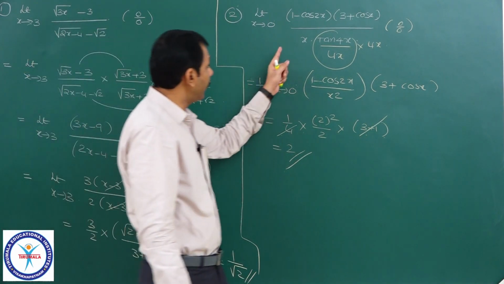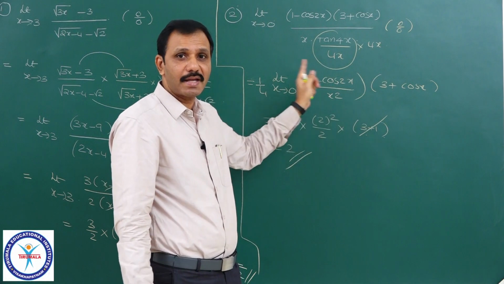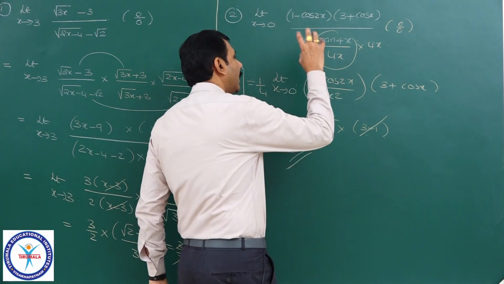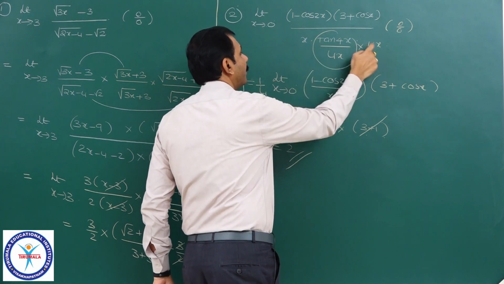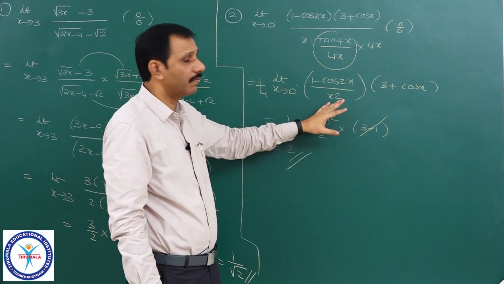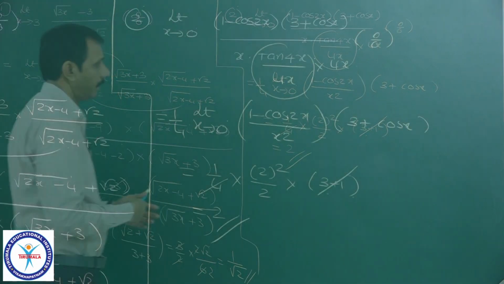So whenever a denominator product is there, x into sin x or x into cos x, x into tan x or whatever it is, you can eliminate that completely in terms of x, you can write and the simplification will become very easy. Right.